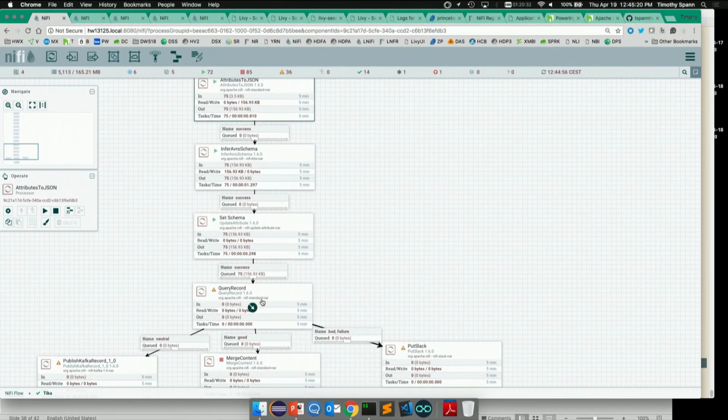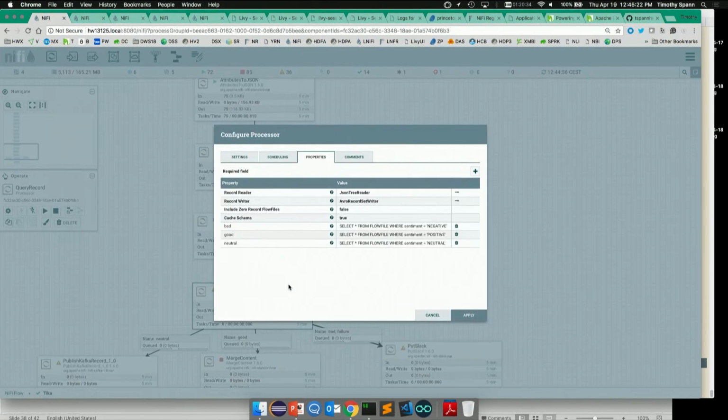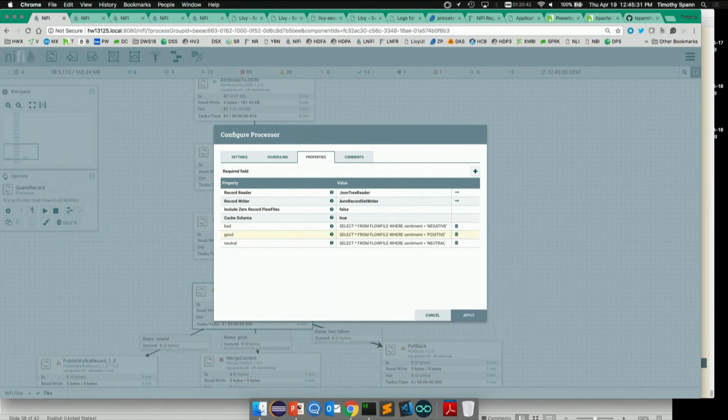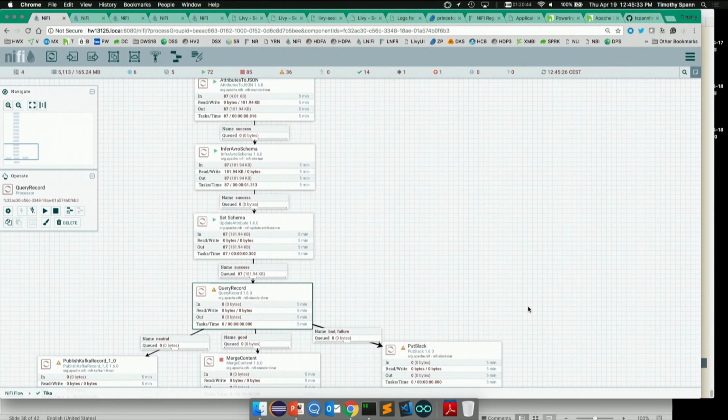And now it's a queryable document. I can run a SQL query live against that data based on attributes in there. Here I added that sentiment, so I could route on sentiment. If it's a positive statement, do something. If it's neutral, send it to Kafka. That's kind of a neutral place to send stuff. Let someone else deal with it.